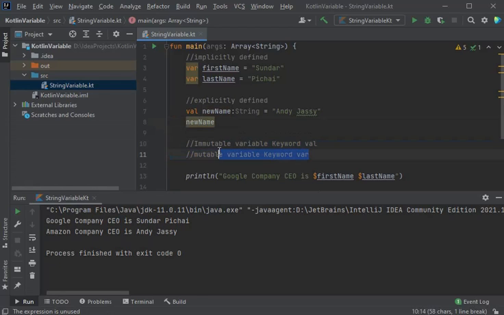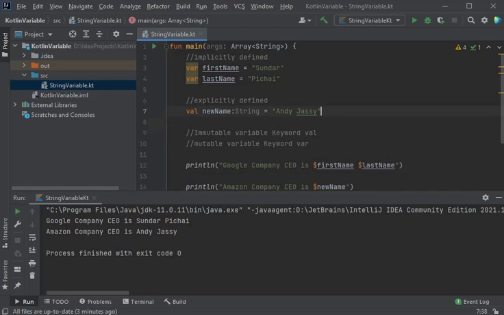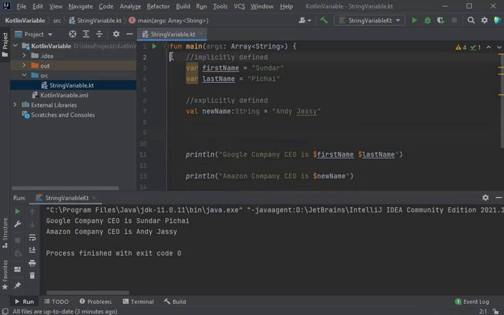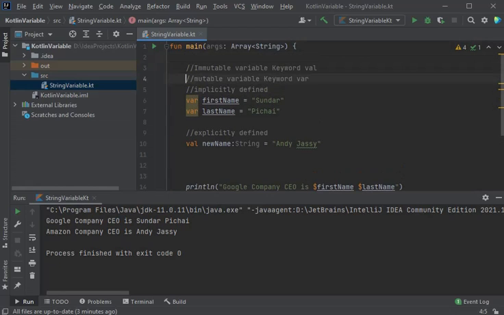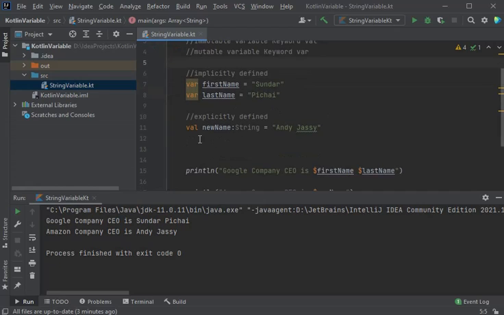Let's skip this comment here. Yeah, now try to change the value of this immutable variable new name.